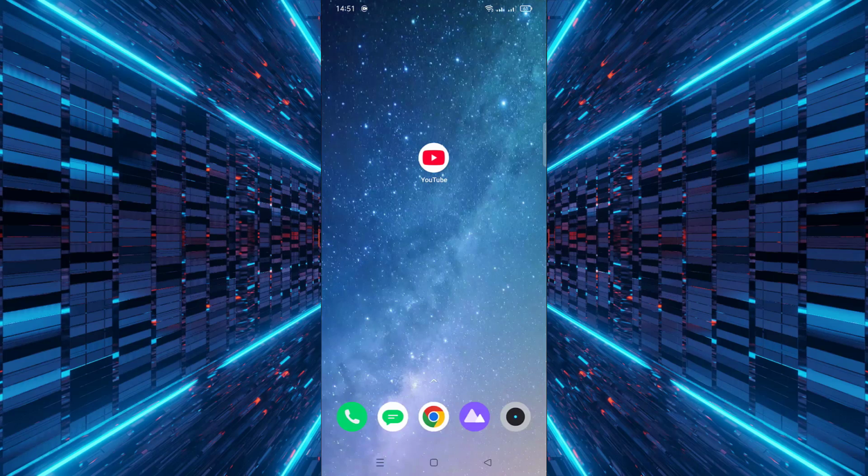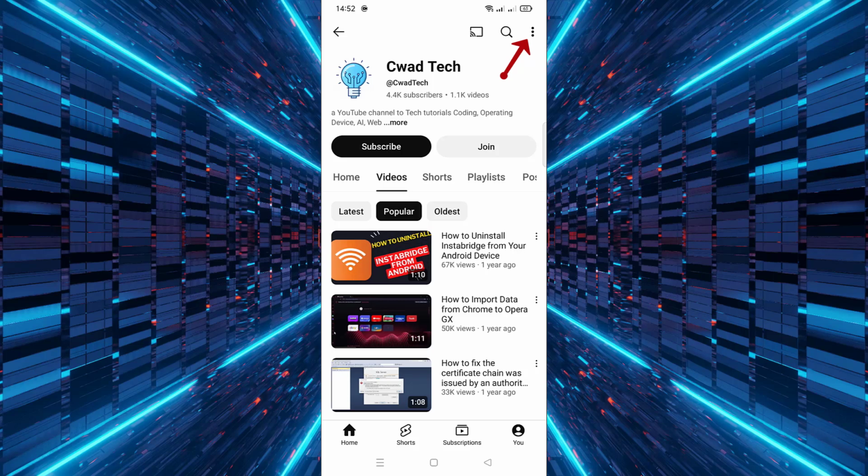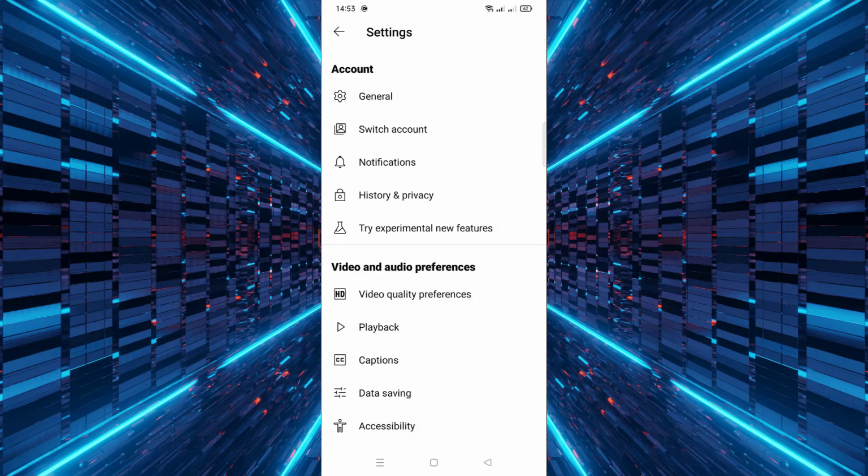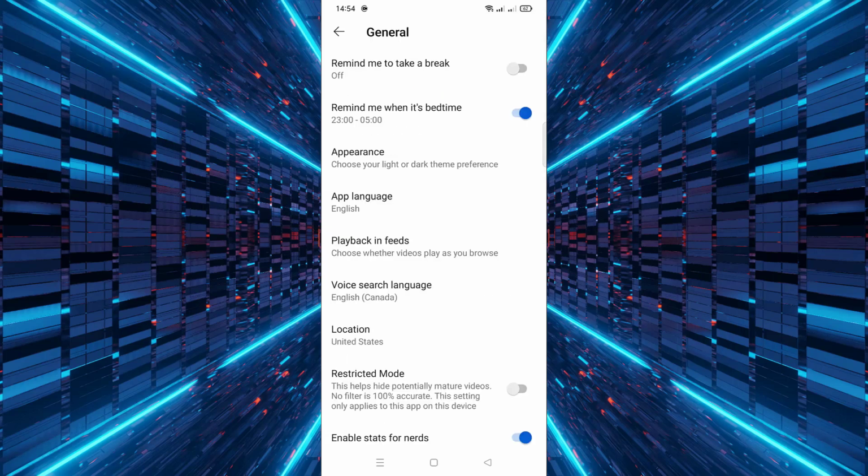First, open the YouTube app on your smartphone. Second, tap on the three dots at the top right corner of the screen. Third, select Settings from the drop-down menu. Fourth, tap on General. Fifth, look for the option labeled Remind Me to Take a Break and switch the toggle